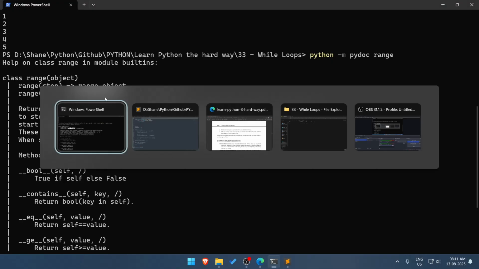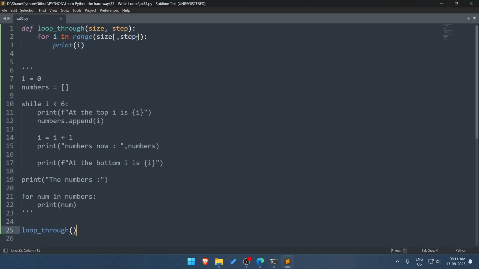Okay, maybe I can say step equals size, and then I can say that step equals... Is there a way I say increment?